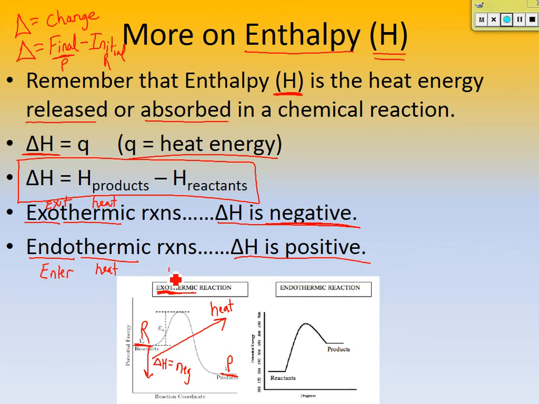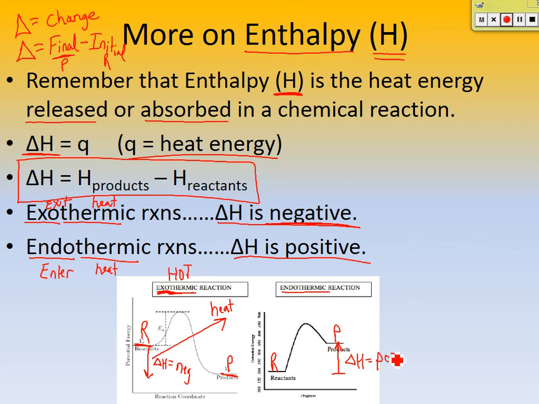Exothermic reactions make things hot because you're releasing heat. Okay, real quickly, let's contrast that to an endothermic reaction and its energy diagram. My reactants start down lower this time. We go over the activation energy hill, and the products finish higher. So if you plot your delta H from the reactants up to the products, your delta H is going to